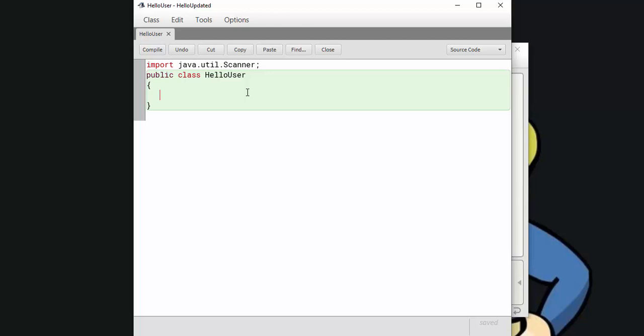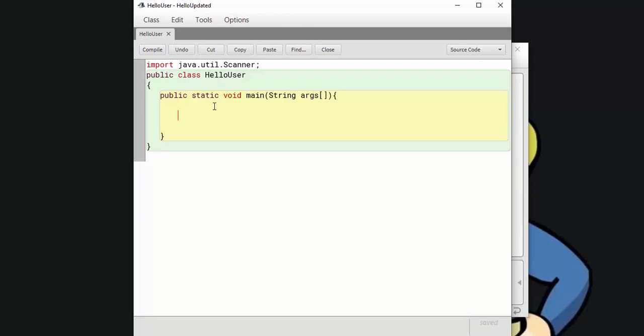So let's go ahead and create our main method. Remember, that's going to be public static void because it's not returning anything. We open our parentheses, String[] args, we put our brackets, close our parentheses, open our curly bracket, and we're good to go. Now, the more and more you type your main method header, the easier it's going to become. So when we go through this and we type things we've already typed, we're actually reinforcing how to create those things without having to look back. Okay, so now that we have our main method header,